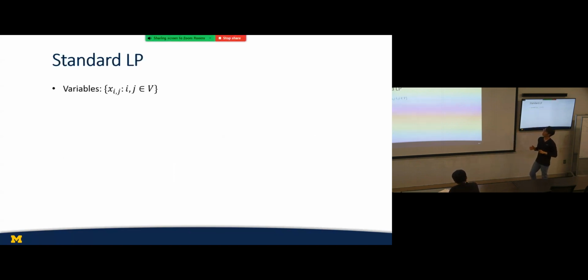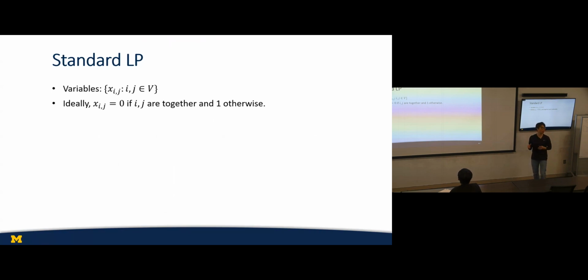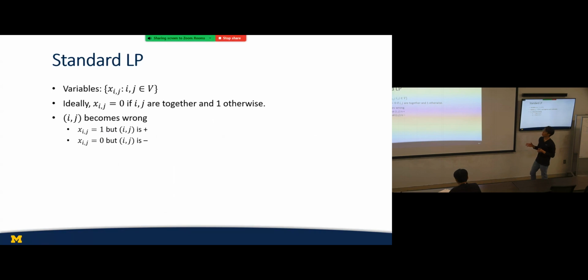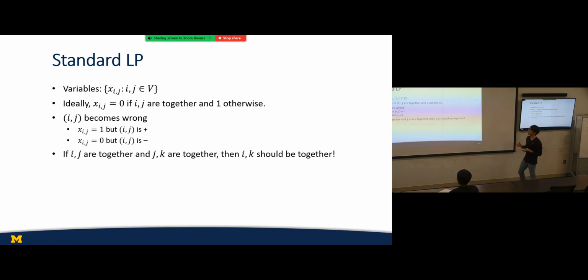I'm going to have variables xij for each pair ij. The intended meaning is that they are supposed to mean the distance. So xij is 0 if i and j are together and 1 otherwise. If you look at one pair ij and whether it's satisfied or not, it will be unsatisfied if ij is a plus but the distance is 1, or if ij is a minus but the distance is 0. And of course, one can put triangle inequality constraints on the xij as well,